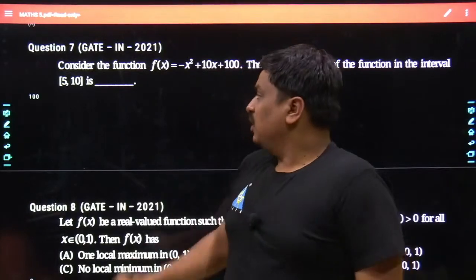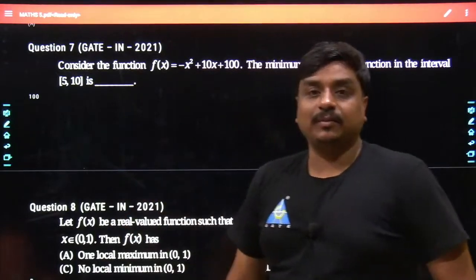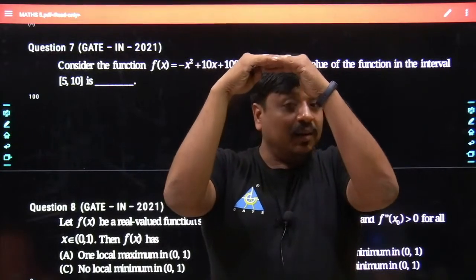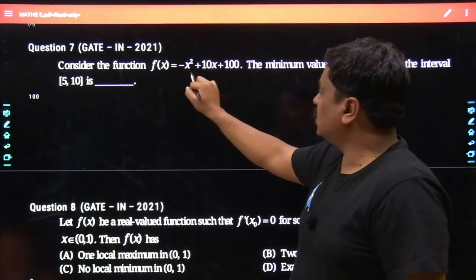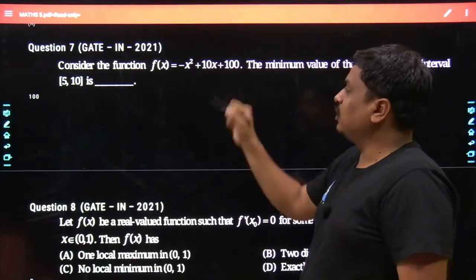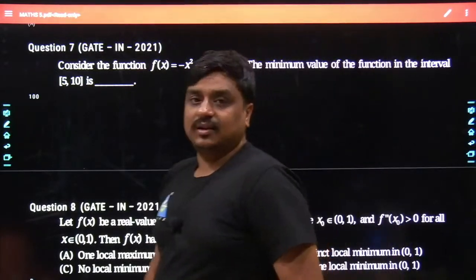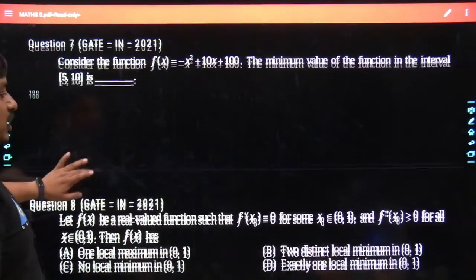So obviously, with that methodology we got to know 5 is the point of maxima, and hence in the closed interval of 5, 10 the minimal most value would appear at x equals 10. And if I feed x equals 10 into this quadratic polynomial, the answer which we got is precisely 100. Yes, precisely 100. So up to this point, each and everything must be clear to all of us.